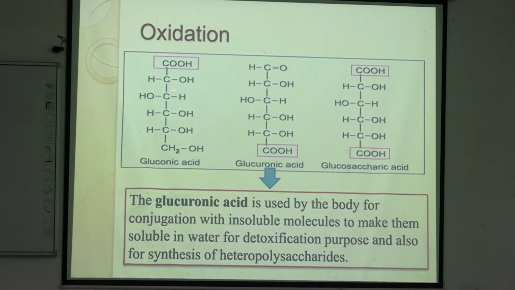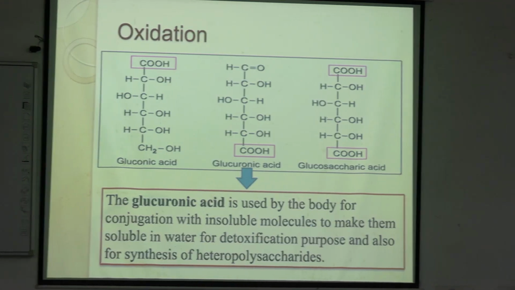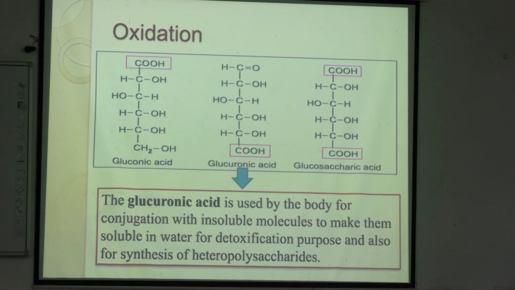So what will happen? The aldehyde may get converted into acid, and this is done by mild oxidation. Aldehyde is more prone to get oxidized. Okay, so in presence of bromine and hydrolysis, we can get this gluconic acid. Next comes the glucuronic acid. Glucuronic acid, it is produced by what? Glucose oxidase, enzymatic oxidation. Okay, enzymatic oxidation will produce glucuronic acid.